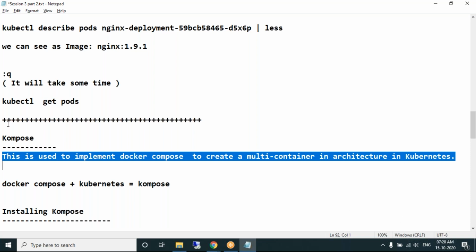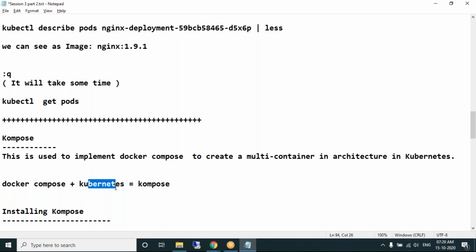So the Compose feature in Kubernetes is used for implementing multi-container architecture. The Docker Compose concept in Kubernetes is called Compose.